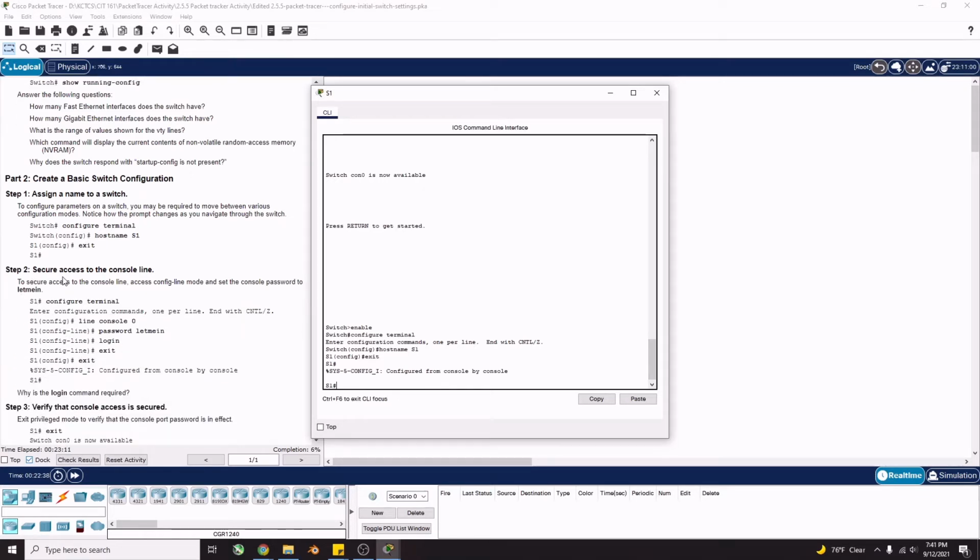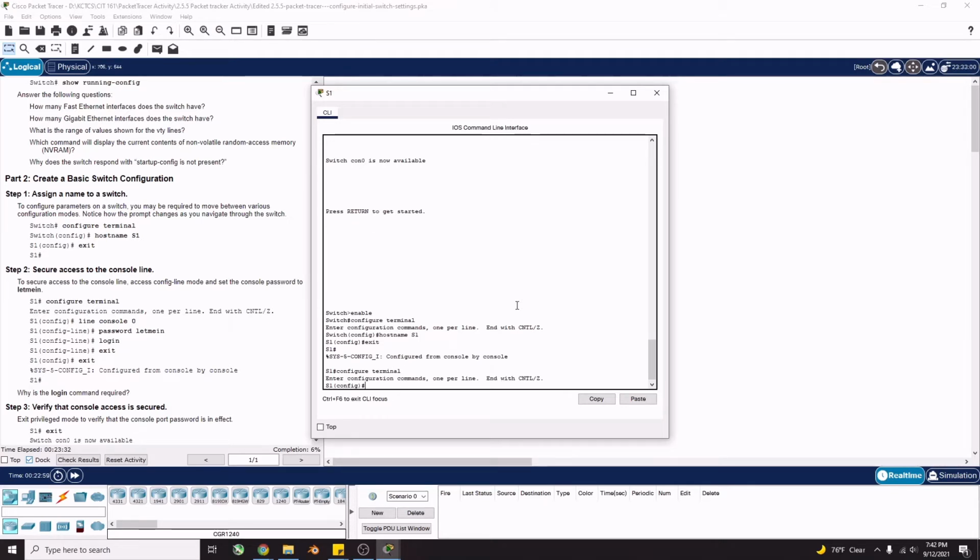Now step 2, secure access to the console line. To secure access to the console line, access config line mode and set the console password to letmein. So I want you to type in configure terminal. Hit enter. Now we're in the configuration mode again. And then it says enter configuration commands, one per line, end with Control Z. So we're going to do line console 0, hit enter,